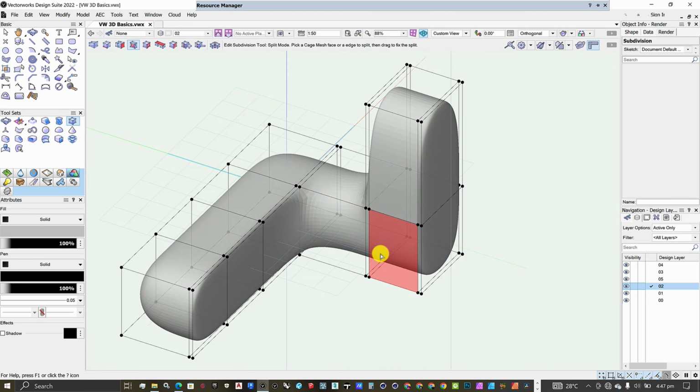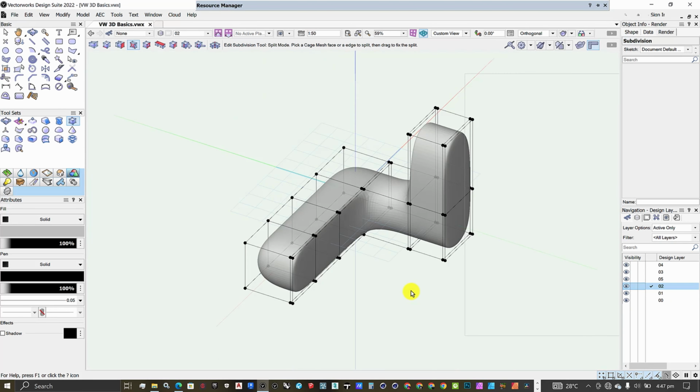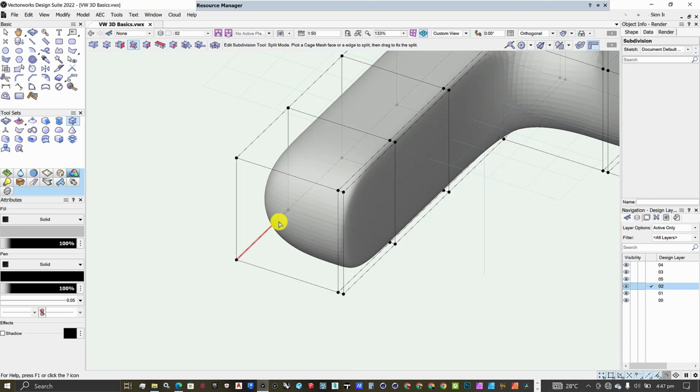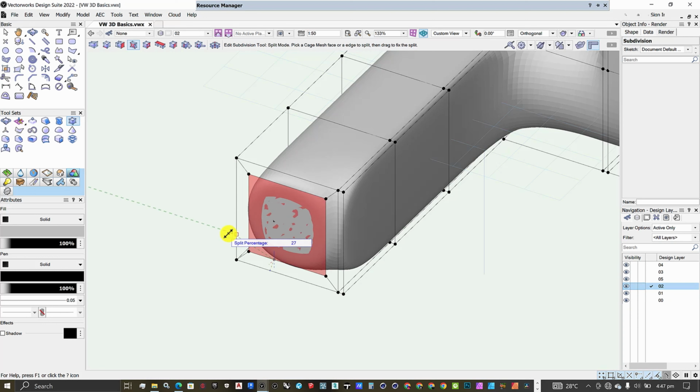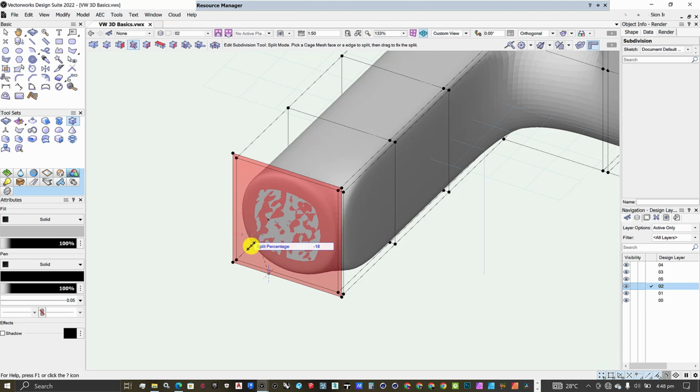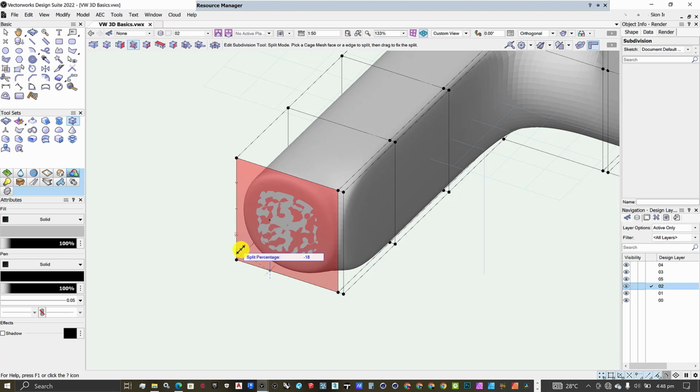And then we can also split a surface. To split a surface, we just highlight the surface and then click on it. As you can see, once you click on the surface, you have this smaller surface that has been created within the surface you clicked on. So you can create additional surfaces within the surface you clicked on. Once you are satisfied with the results, you can click finally to insert